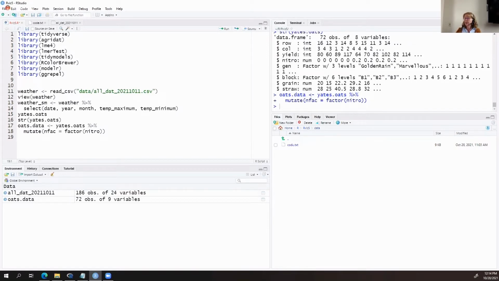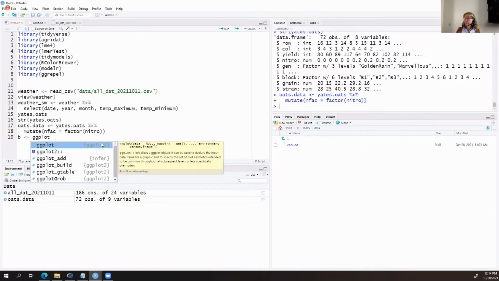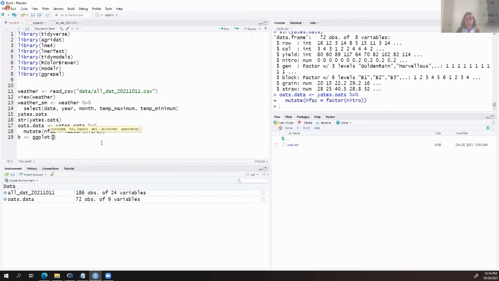And with that, what we're going to do now is create an object, and that object is going to be the start of our plot. This is a good place to explain a little bit about how ggplot works. ggplot is a package that is rolled up in the meta package of tidyverse. Tidyverse contains a lot of sub packages, and ggplot is one of them.